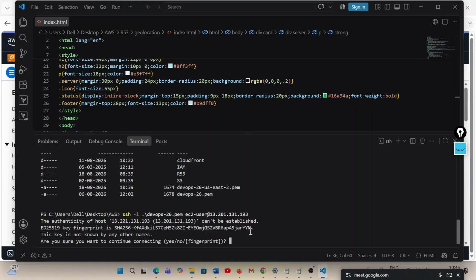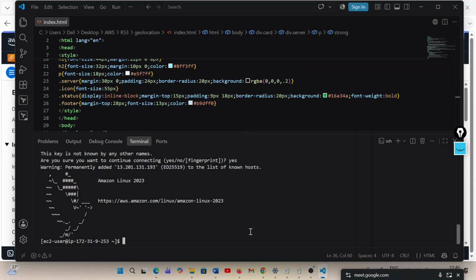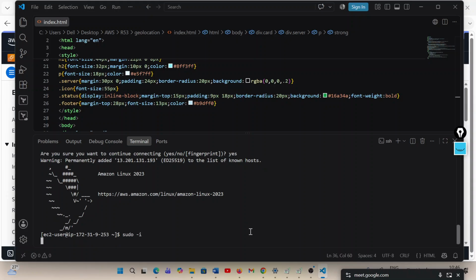Now see, from the VS Code IDE, I am also accessing my EC2 machine, and we know how to make it a web server. So what I'll be doing, sudo -i. Now I am a root user. What we need to do first, yum install